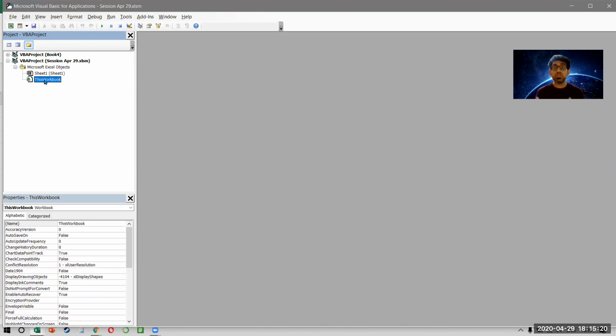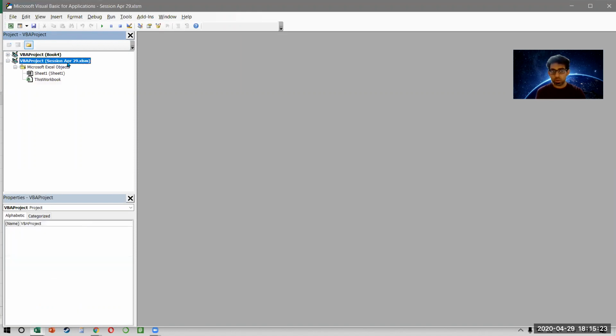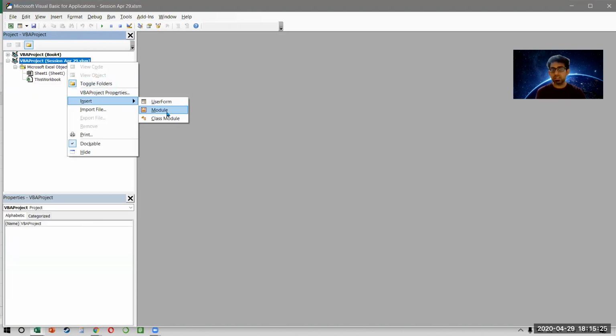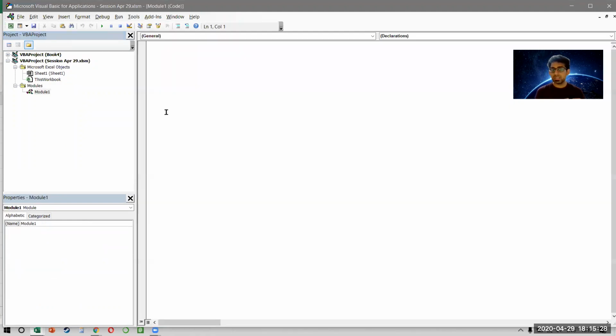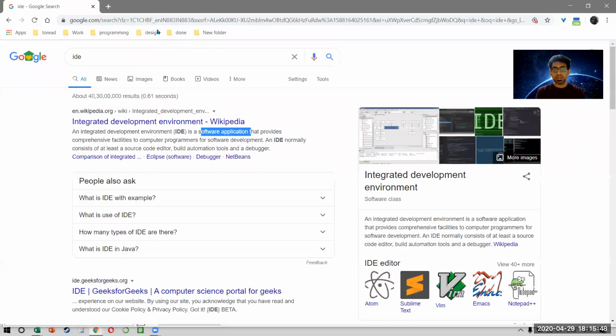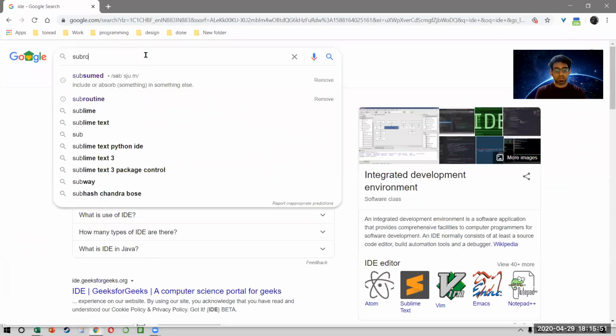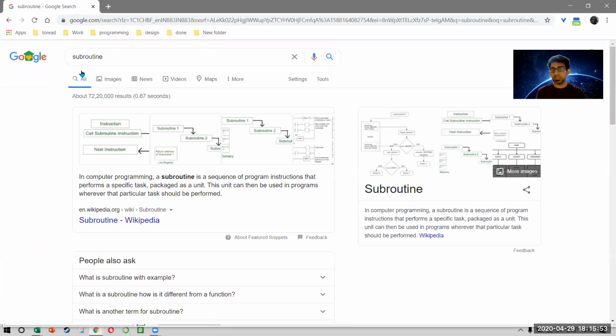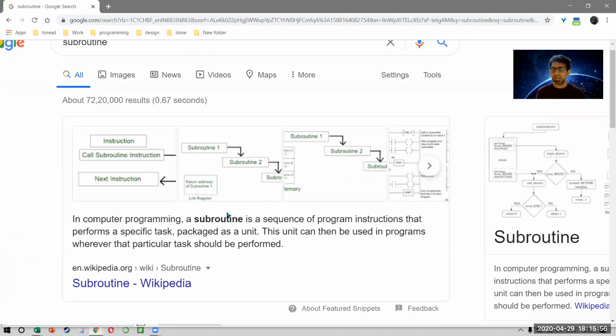But then where is the module? You have to create one. So I'll click on my workbook name and then insert a module, right? Remember, think of a module like a sheet. The only difference is that on an Excel sheet, you can write numbers and functions and formulas. On a module in VBA, you can write your own code. So you get this entire nice white window in which you can write a code. Now the code we need to write has to follow a certain syntax. And the syntax is called a subroutine. Okay. Very simple. A subroutine is nothing.